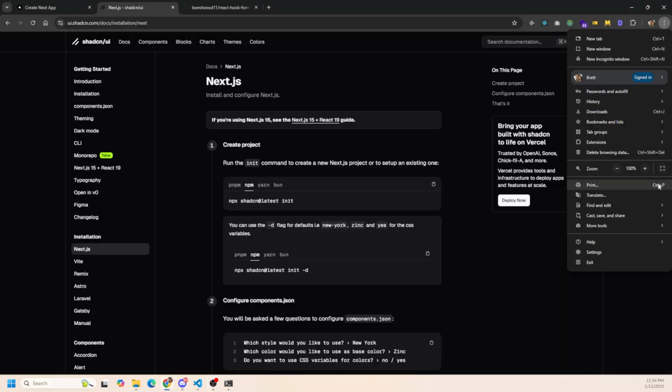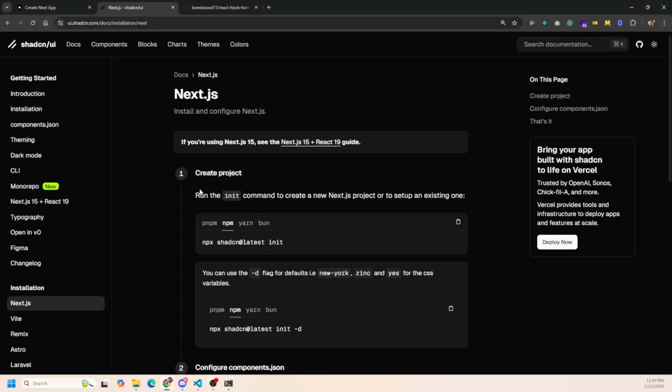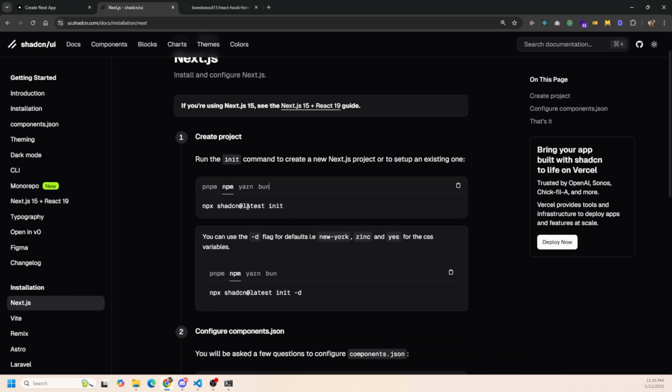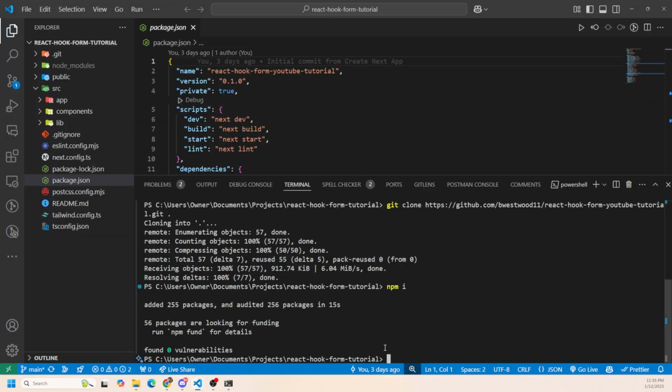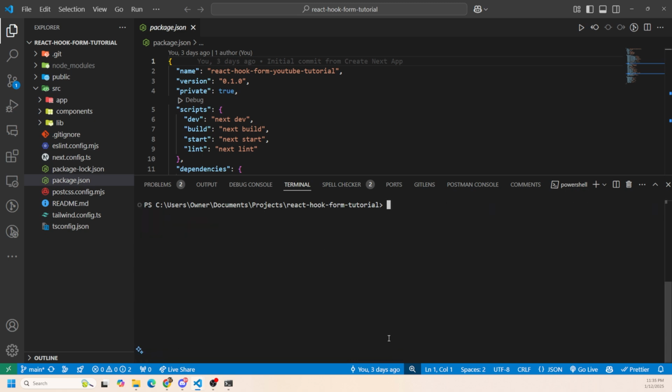Now we do want to initialize ShadCN, and to do that, go to the documentation and installation tab, and we're using Next.js, and we're going to run this init command right here, npx shadcn@latest init. We're going to copy it, go back to our code, and let me just clear everything so you can see easier. Run the command,